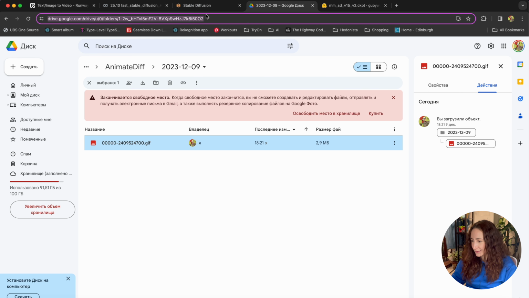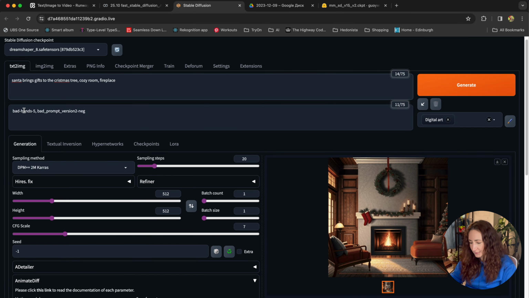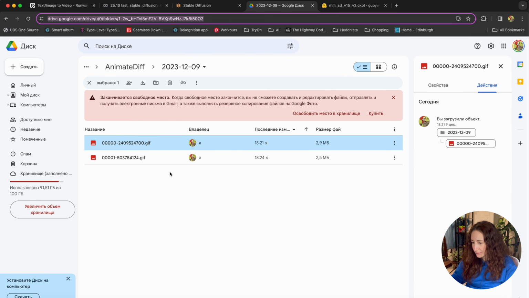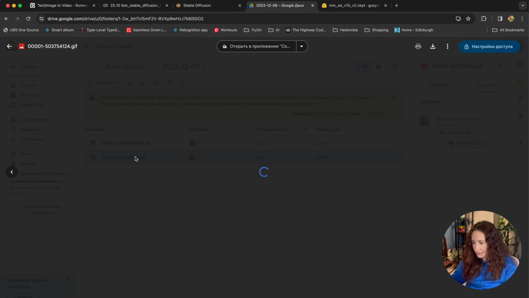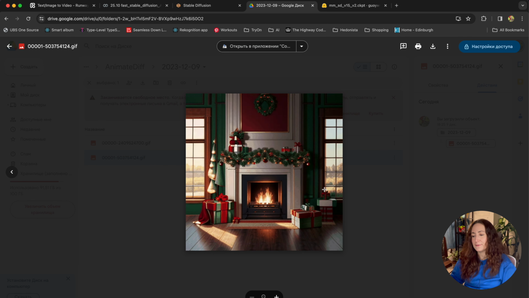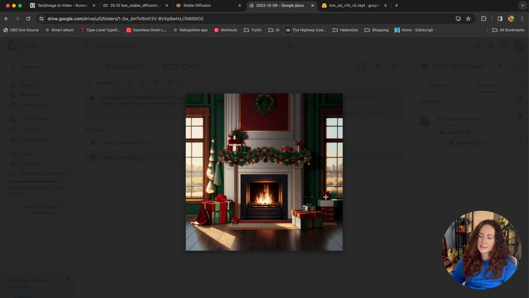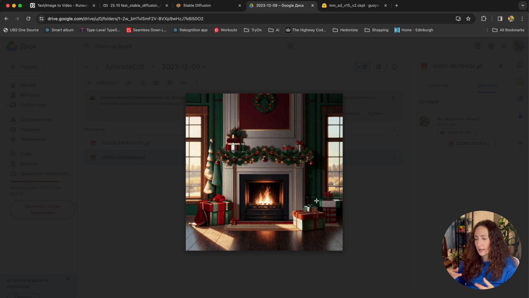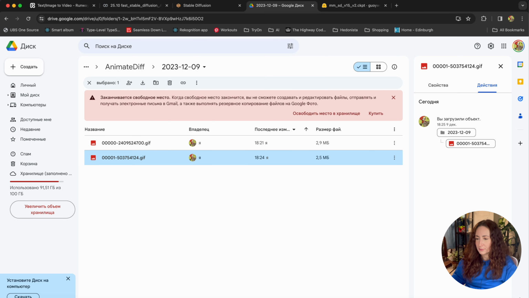That's funny. So what if I emphasize the word Santa? Let's try to generate it again. Okay, I think it is generated, and we can see what it is this time. Okay, it completely refuses to generate our Santa, but it generated a pretty nice room, and you see that the camera kind of zooms into the fireplace, and overall it is a nice animation,